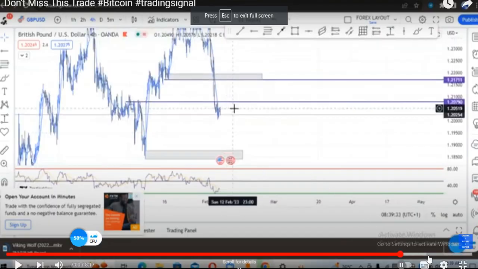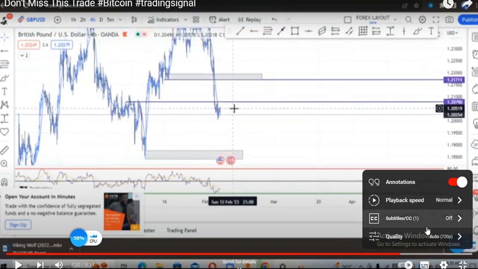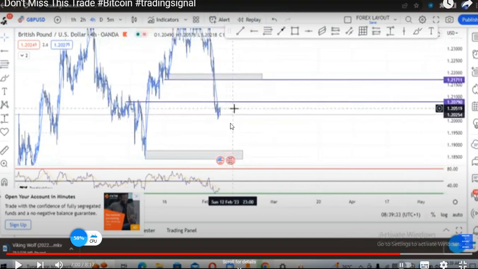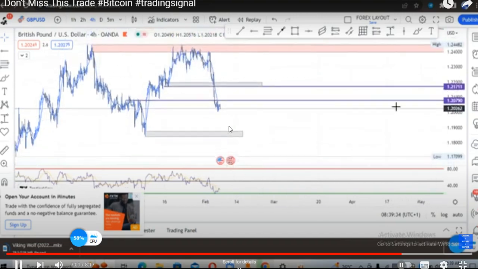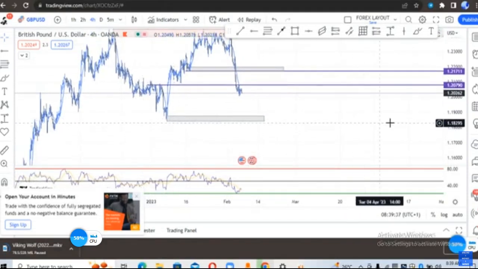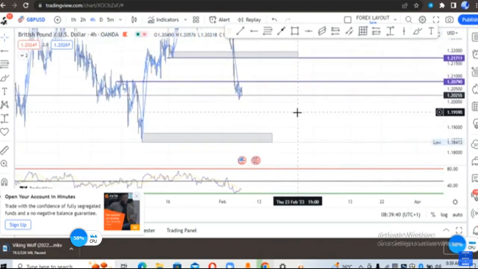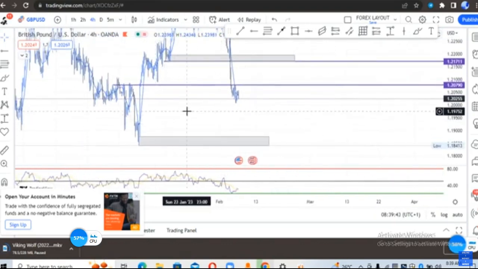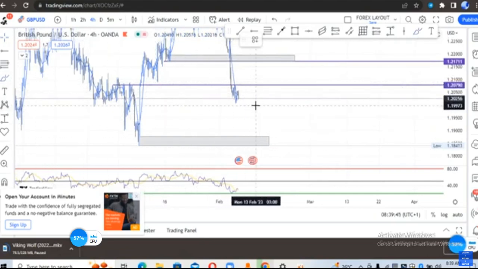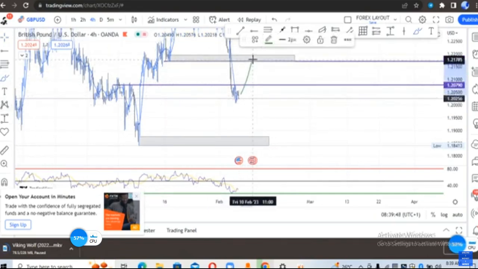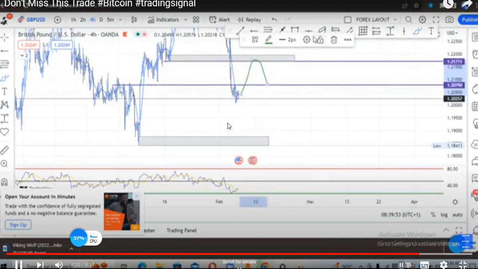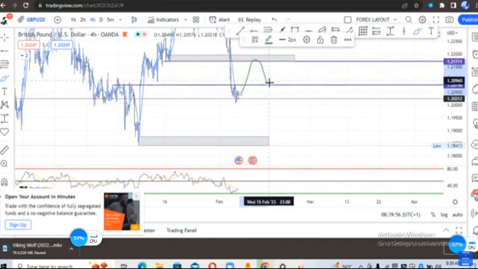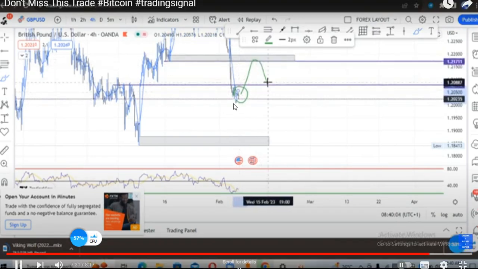So this is the video I shared 2 days ago where I talked about the move, and let's see what happened. What I'm expecting GBP USD to do, so it's going to depend on what the dollar index does, but I'm expecting a shoot upwards to this level. Okay, then see some reaction maybe like this or something. But I am expecting this move. So once I see the DXY start dropping, I'm going to place some buy orders around this area, then close them somewhere here and wait for the reaction of the market.